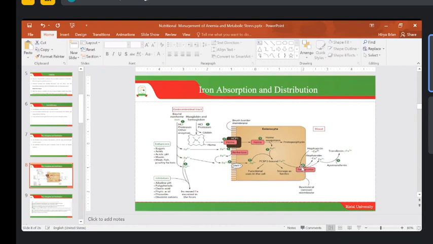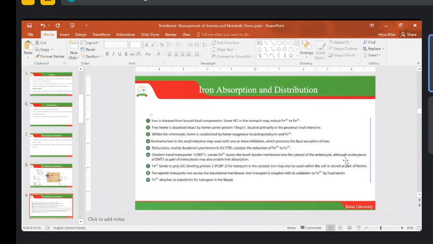Then some of that iron that is not bound, which we call the apotransferrin, will be expelled out of the body, I should say. And let's appreciate it further on this next slide. We are looking at iron being released from bound food components, and we are looking at the activity of the HCl